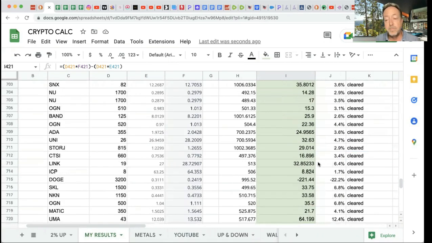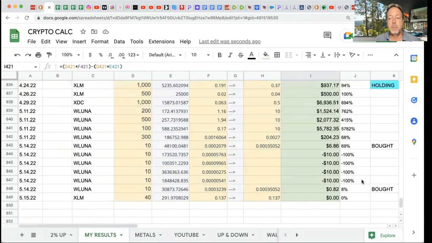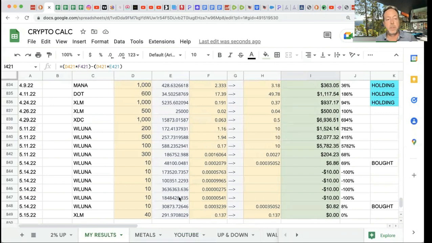And I only started playing with crypto and stocks at the beginning of the pandemic. So, you know, I did buy in W Luna. I bought in hopes that it would bounce. It did bounce, but I missed the correct bounce. If I would have won, I think on 500 bucks, I would have made about $150,000. It bounced that much in one afternoon and then it dropped back down again. And then Coinbase took it off their platform. So now I'm just sitting there holding it.